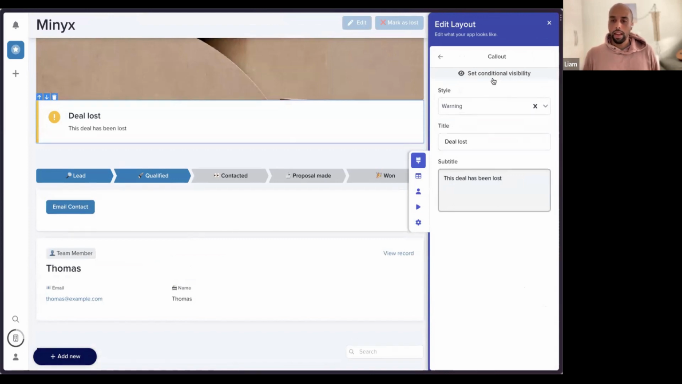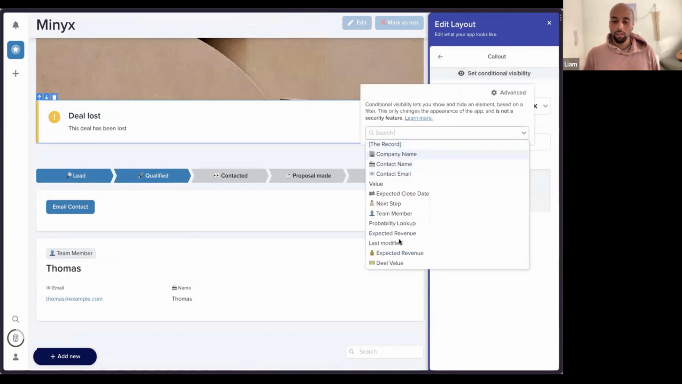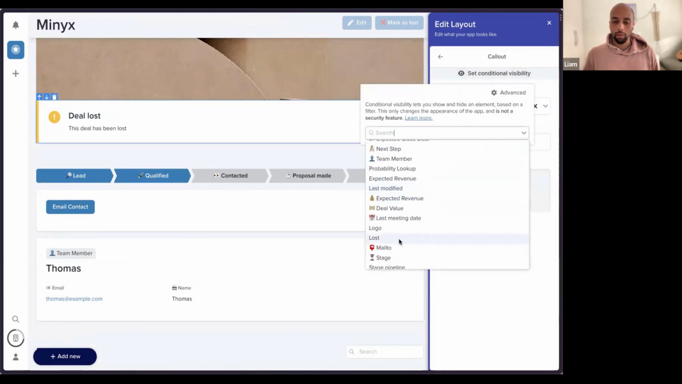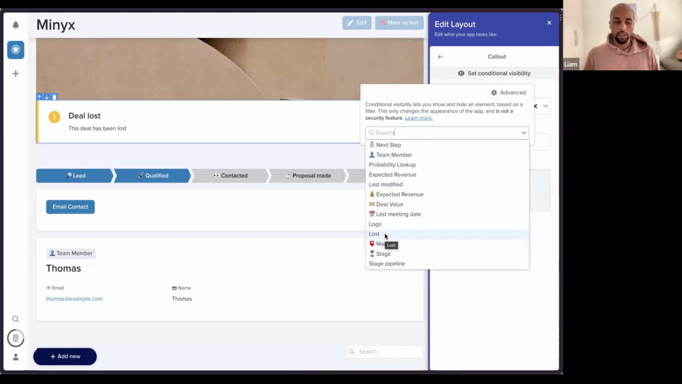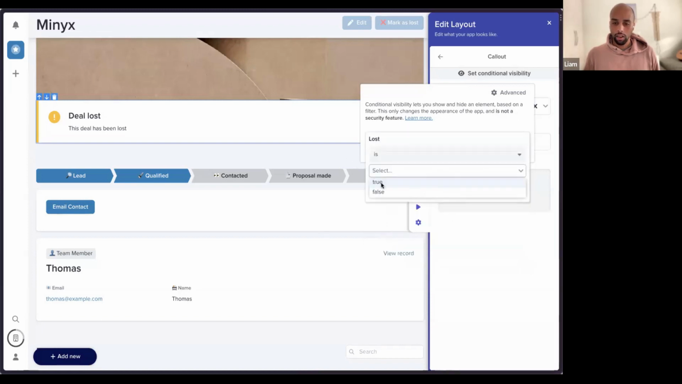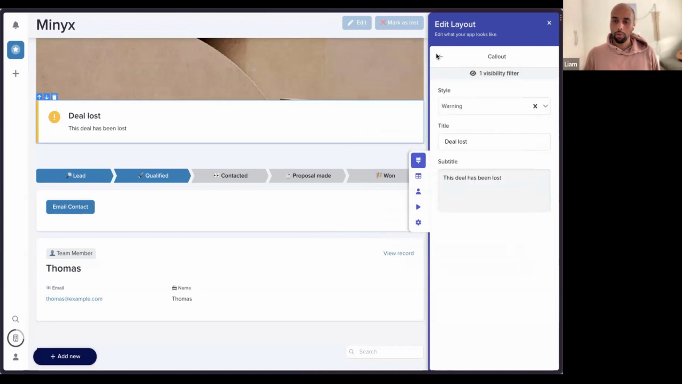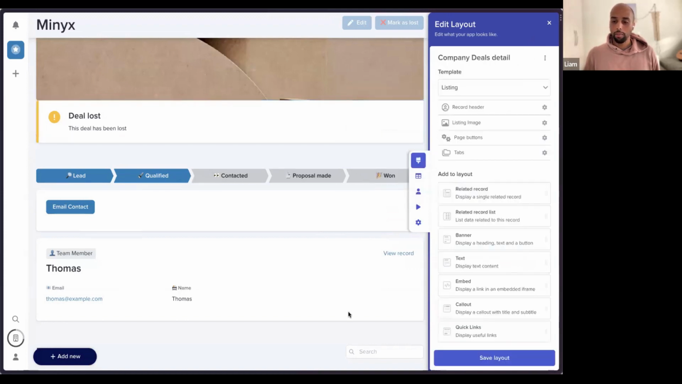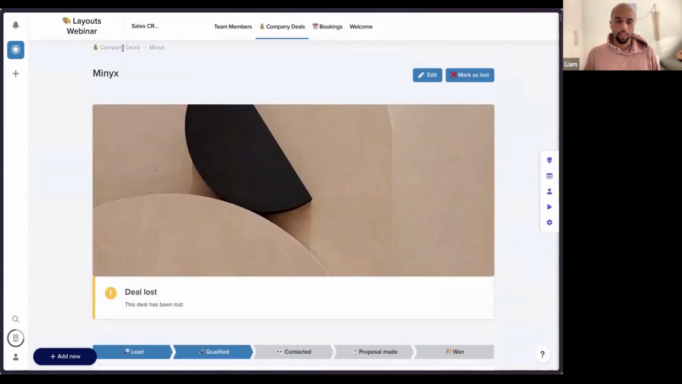So now that we have this call out, we can set conditional visibility. And this basically just means that we're only going to show this element when these conditions are met. So I'm going to go to lost, and I'll set this as true. So now we've set up a rule that this call out is only going to show up when this is the case. So if we go to other deals, for example,